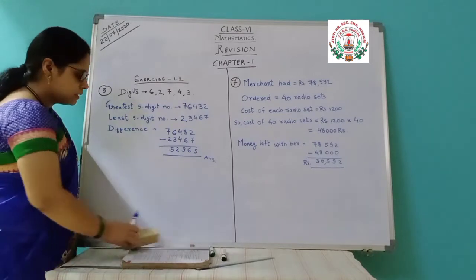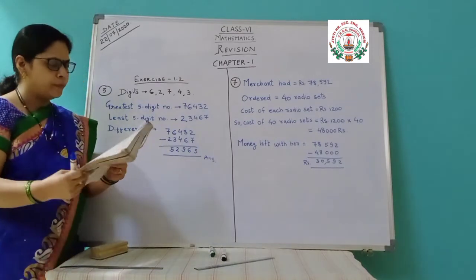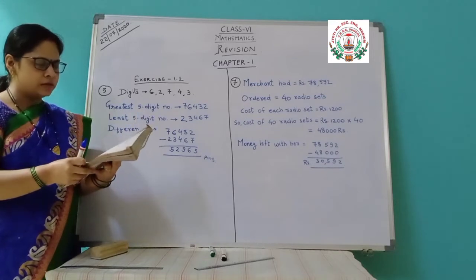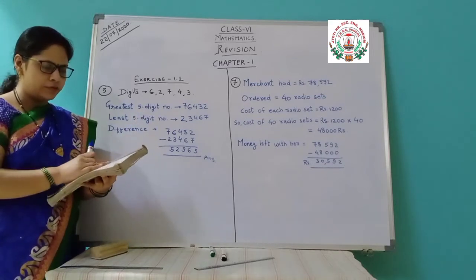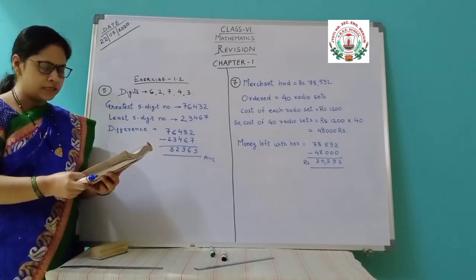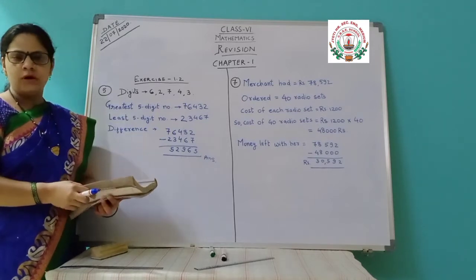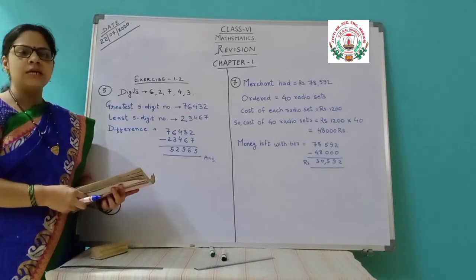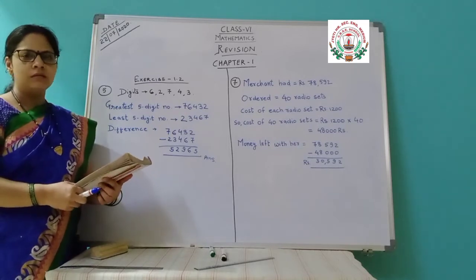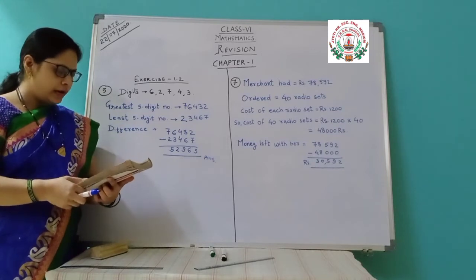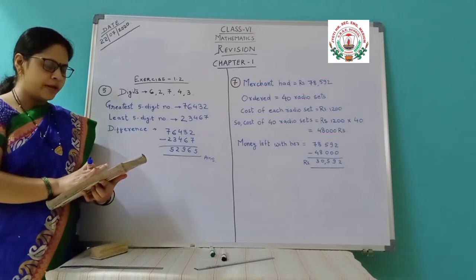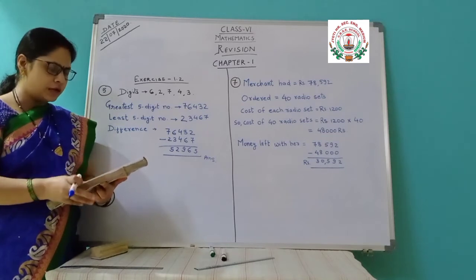Then question number 6 is on an average, a machine manufactures a number of screws a day, and the number of screws in the month of January 2006 is asked. So you have to just find out in January, how many days it is having? 31 days. So the number of screws per day is given. Just multiply that with 31. You will get the answer.